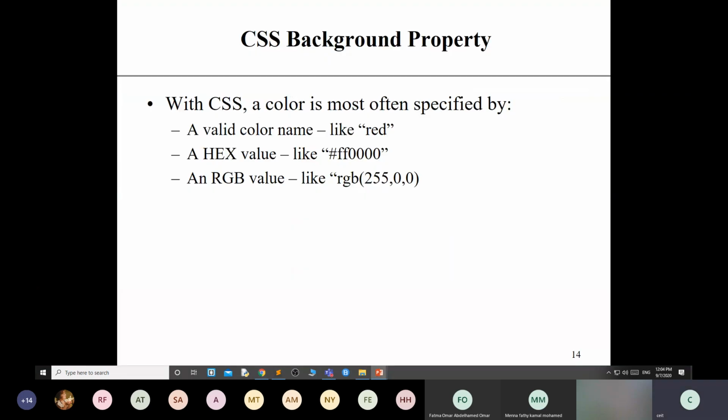This is one way. The second way, you can use the hex value. Your hexa value always starts with a hash and six characters, a combination of letters and numbers.